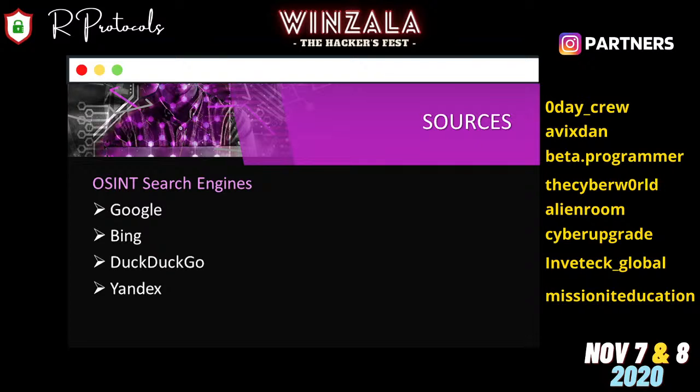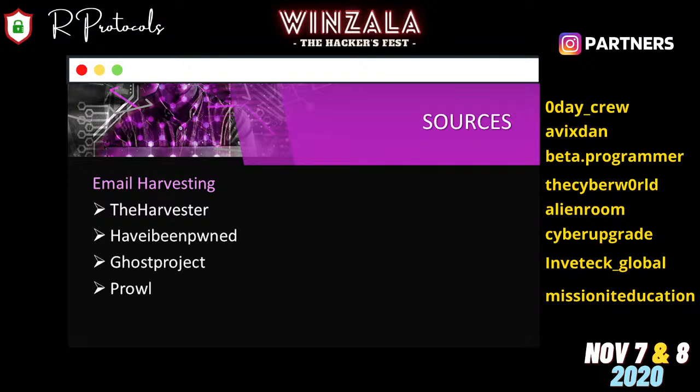And next, if we take a person as a target, what information can we gather? Name, username, emails. If you take the email category, there are certain tools and websites that help us gather information about the target.